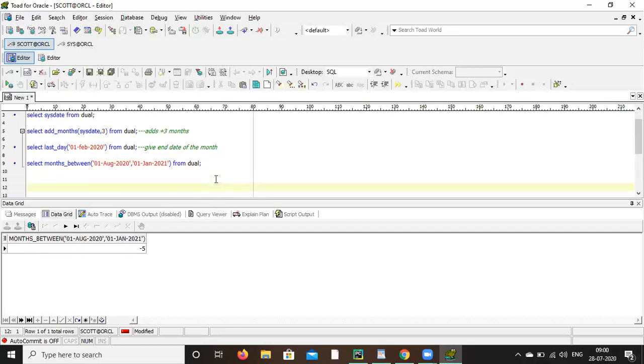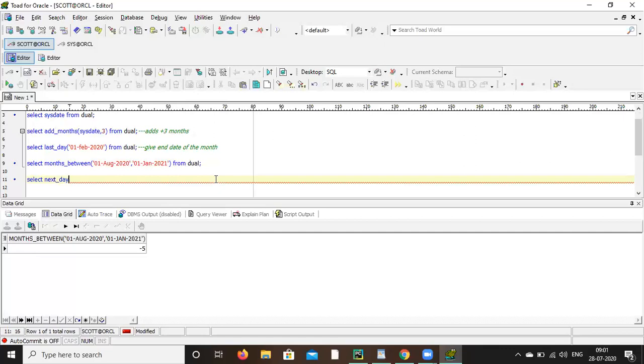Now next one is next_day. Select next_day, within bracket this date, comma, within single quote Sunday, from dual.